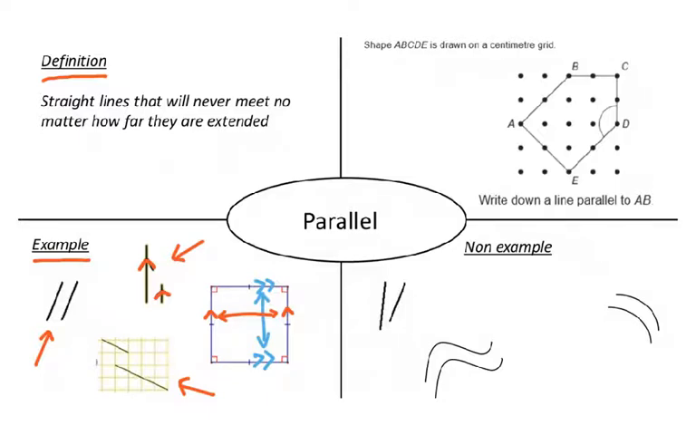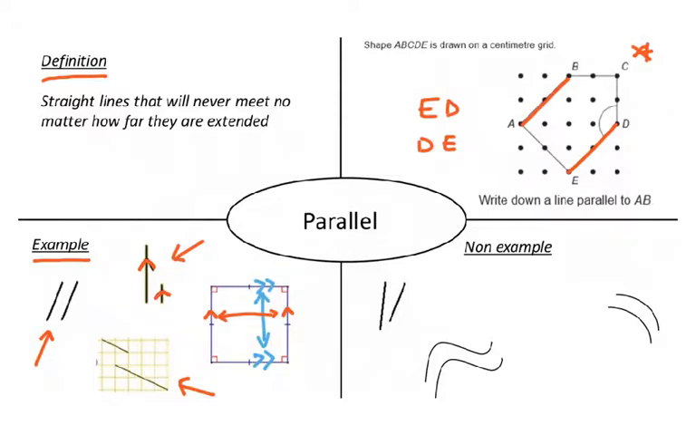So if we go over here now, up here in the corner, to this GCSE question, it describes a shape, A, B, C, D, E, and that just means this shape. And then it asks to write down a line that's parallel to AB. Well, AB is here. Where do you think the other line is that's parallel? The parallel line is ED. Is it okay to call it DE? Yes, it doesn't matter which way you describe the line. That line could be called ED or DE, and they are parallel, because if we extended them, they will never